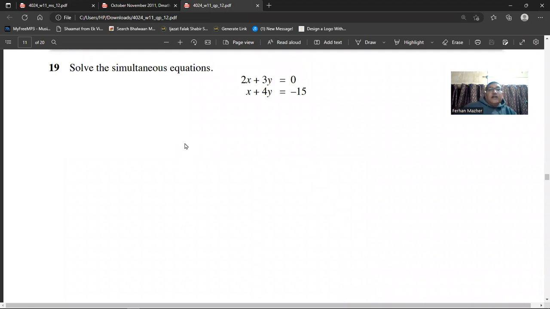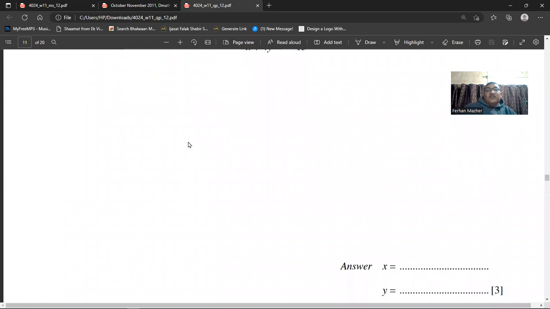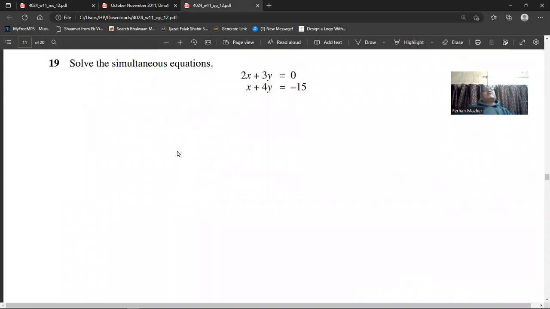Question number 19, and it's a question on simultaneous equations. So it's a 3 marks question, and it says, solve the simultaneous equations. So here you have 2x plus 3y equals 0, x plus 4y equals minus 15. So you can multiply the second equation by 2, and then subtract it from the first equation, you will get